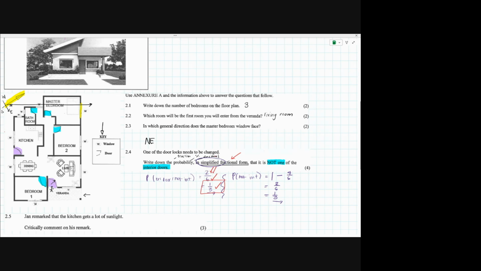Granted, you're still getting 75% of the question right, but it's silly to not get 100% just because you didn't simplify. Okay, on the flip side, a mark for understanding that 4 out of the 6 doors were interior, understanding that you needed to subtract 1, all of the doors, minus the 4 interior doors, a mark for the 2 out of 6, and a mark for the simplification. So the mark allocation generally is